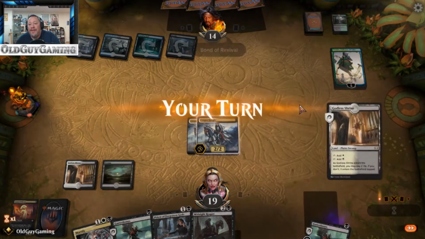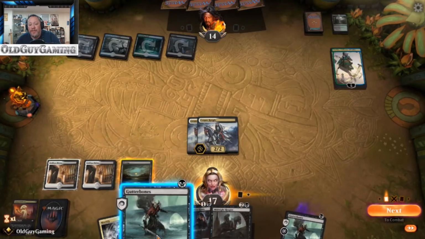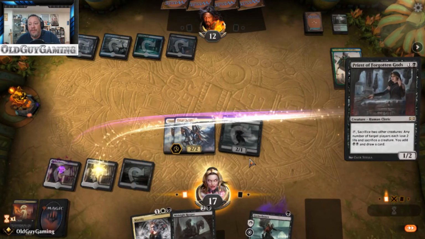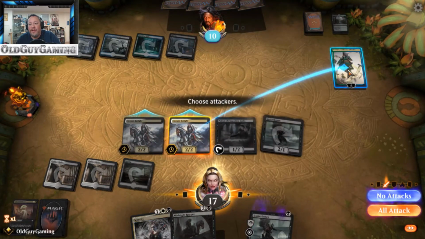Nope. Hit nothing. So we're going to go ahead and pay the 2 life for that because we're going to go down with Gutterbones. Trigger that twice. We're going to go down with Priest of the Forgotten Gods. Trigger that twice. And...